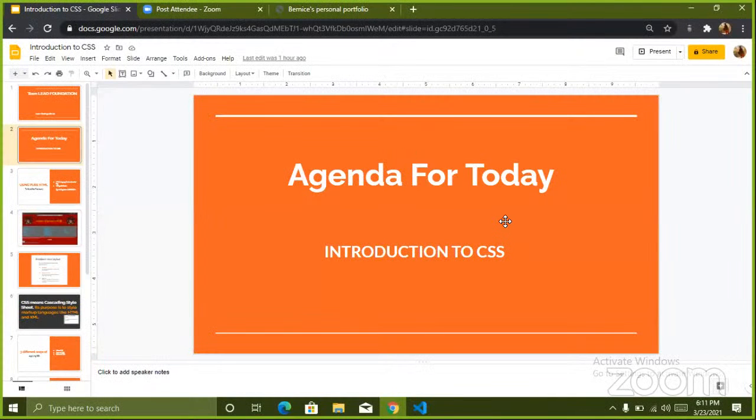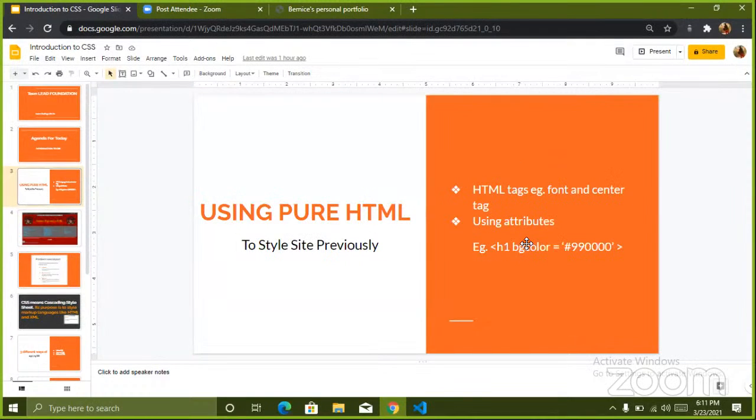The agenda for today is introduction to CSS. So we're just going to learn about CSS, like the introduction of CSS. Okay. So during the last section, we learned how to create a site with just HTML, something simple that we